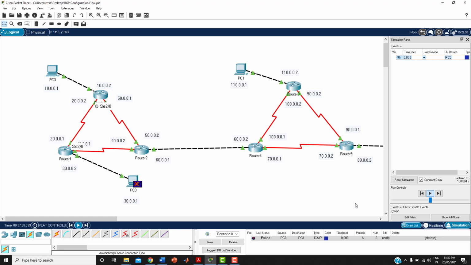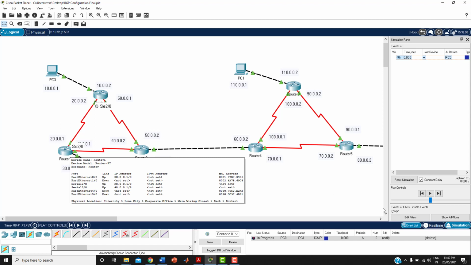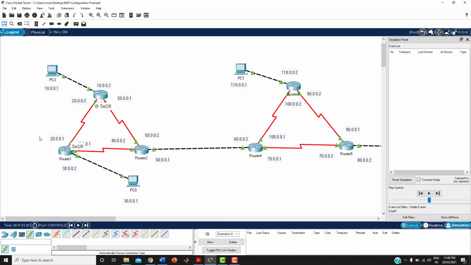What could be the problem? We saw the routing table of router 2, and the routing table of router 4. We are finding all the networks. But what about router 1 and the other router? This is the issue that I want to explain to you. Here we use the interior gateway routing protocol. With interior routing, they are not able to communicate with 110. Only directly connected networks, or the networks which are available inside this autonomous group, will be available.